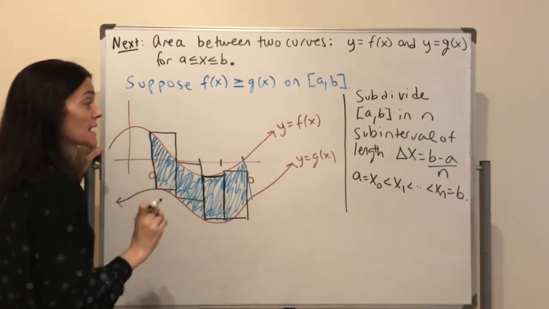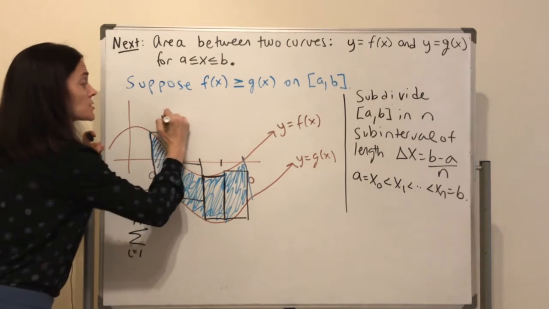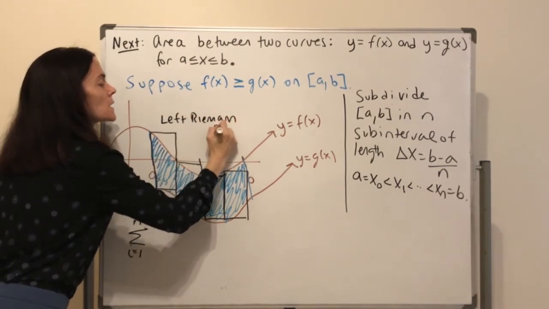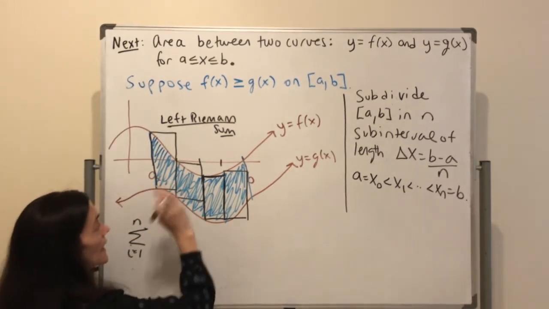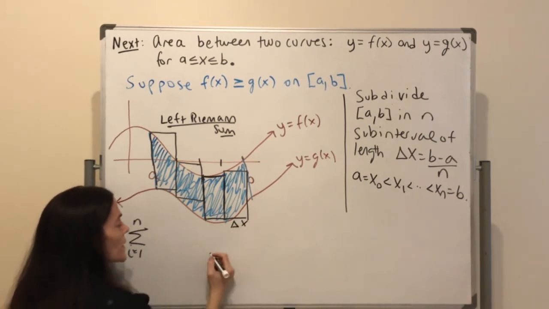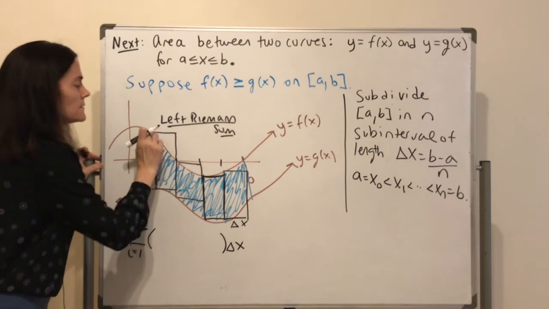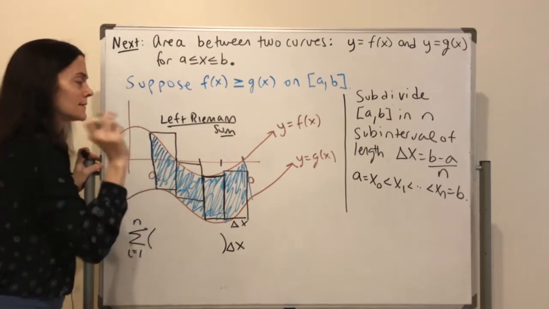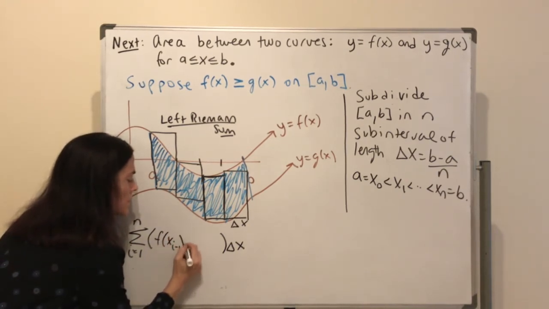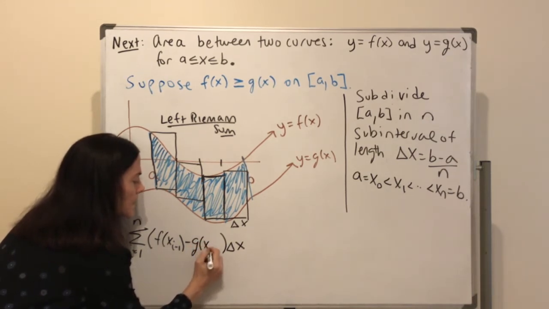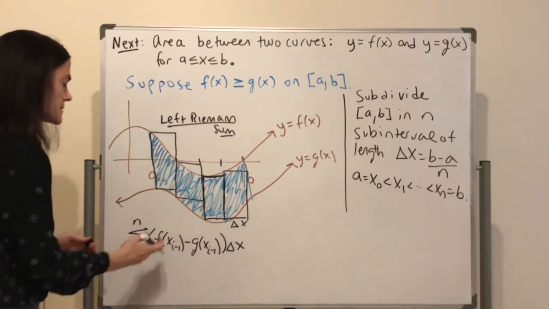Now, what are the heights of my rectangles? If we sum i equals 1 to n, as I have written this, in my picture I have a left Riemann sum, which means I picked the left endpoints. So this would be the areas of the boxes. Of course, this width is delta x, but what's the height here? The height is f of x sub i minus 1 minus g of x sub i minus 1, and it's x sub i minus 1 because I have used the left endpoints. So this approximates the area